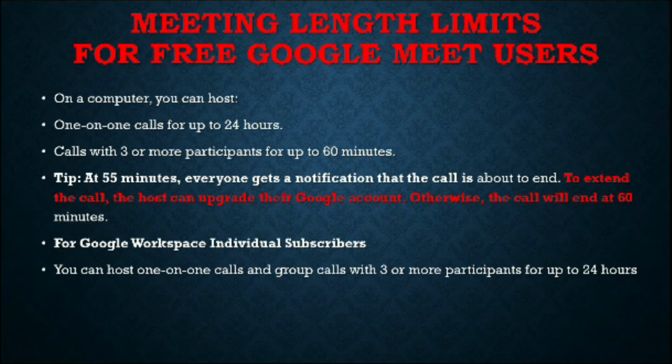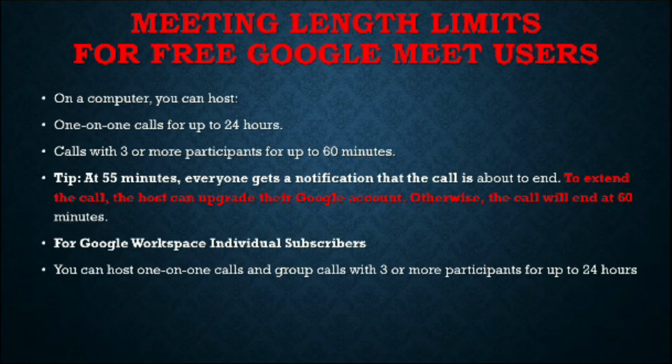Here are some Workspace editions. The first group: Business Starter, Frontline, Education Fundamentals, Education Standard and G Suite Basic. These have a limit of 100. But if you are using Business Standard, Enterprise Essentials, G Suite Business and Nonprofits, the limit is 150.